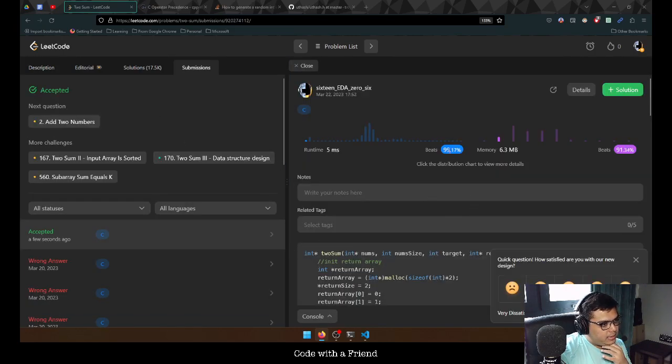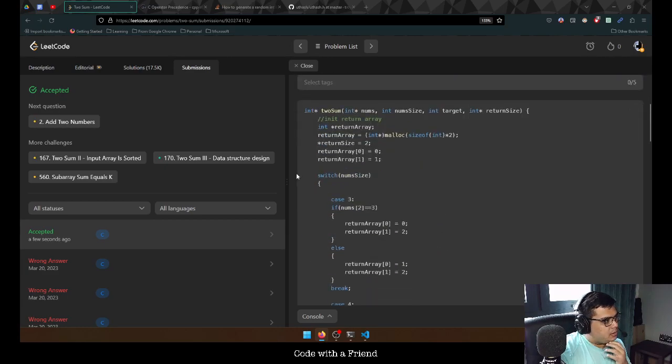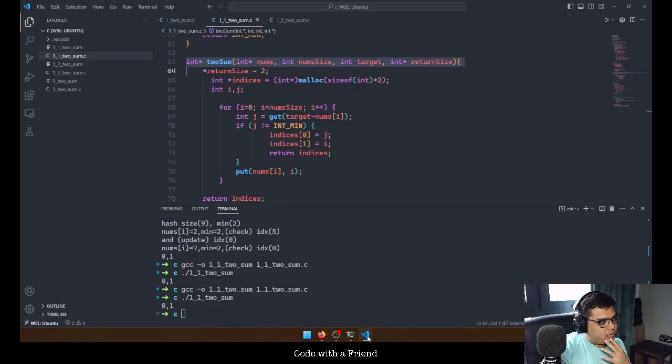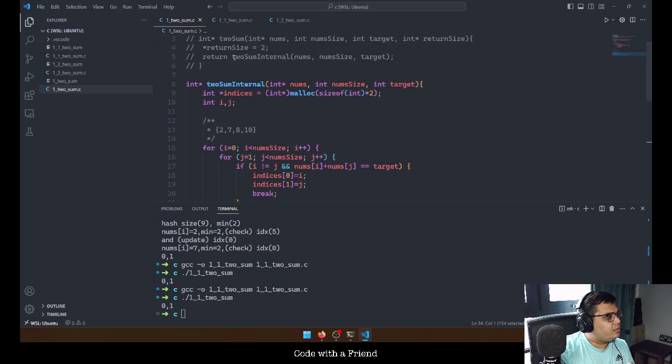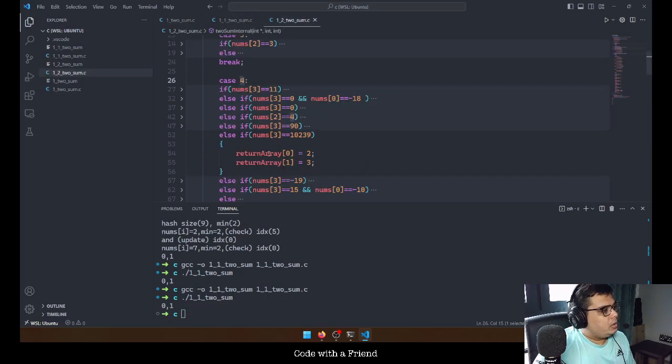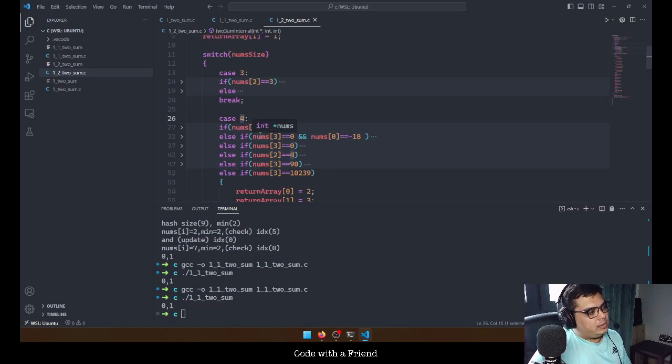So it basically works and it beats everyone. The low memory, and yeah. Which means it covers all the test cases and that's wonderful. So what we can do is print all those test cases, run against those test cases locally, and then we can move on. Then we won't have any burden on our chest that our solution did not get accepted by Leetcode and it's probably wrong. So let's do that. The way we can do it is